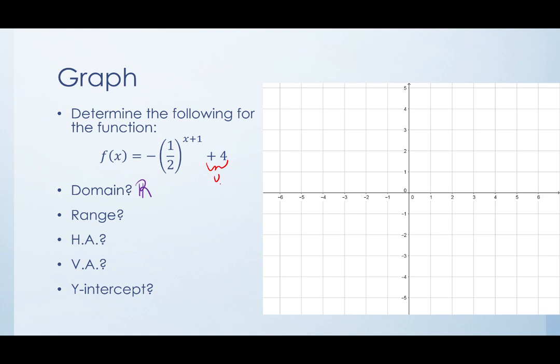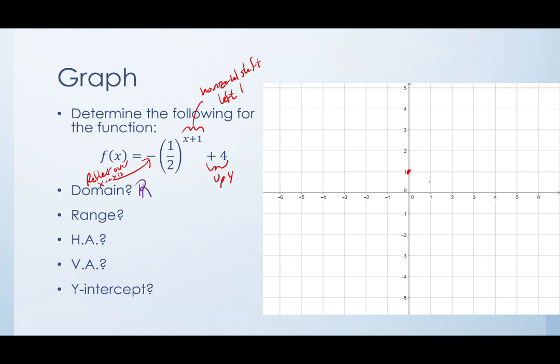The plus 4 is going to move us up 4, right? The x plus 1 is a horizontal shift, and we are going left by 1, right? And this negative right here, we are reflecting over the x-axis. So in terms of sketching this without using GeoGebra, well, first off, we would want to sketch 1/2 to the